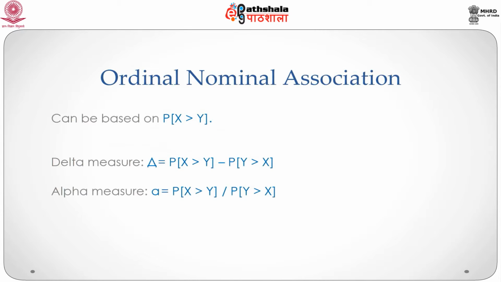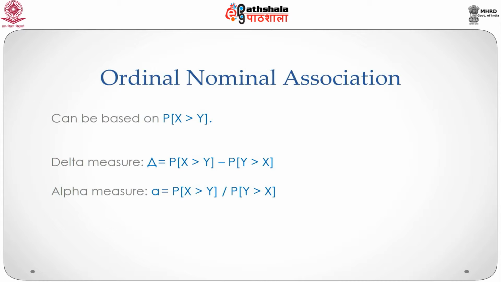Let us now move to a situation where we have ordinal nominal association. So, for example, we may be interested in comparing two groups, say men and women, in terms of a response variable having ordered categories. So, say for example, this could be the extent of belief in abortion. The extent of belief in abortion could be classified as do not support, somewhat support, indifferent, and strongly support. So, in this case, the support for abortion is an ordinal variable and gender is a nominal